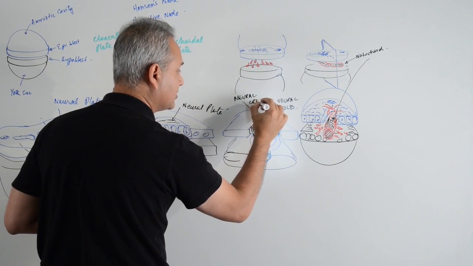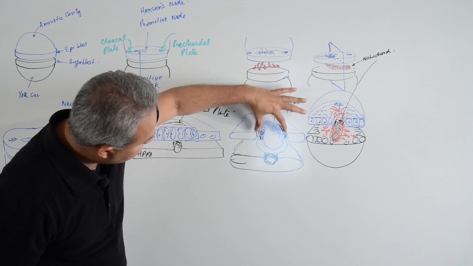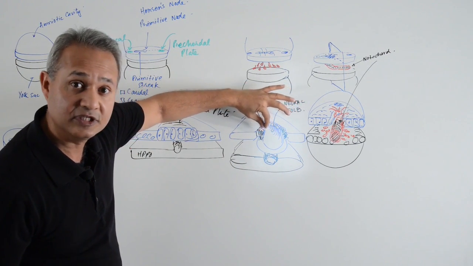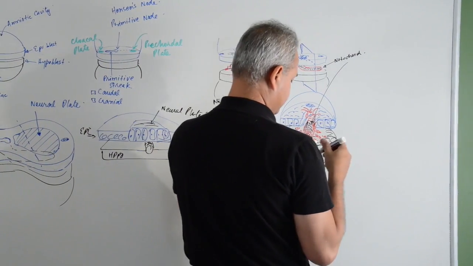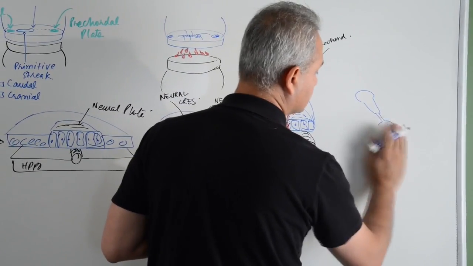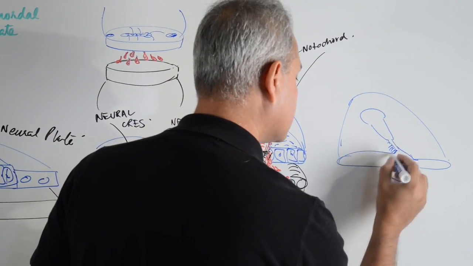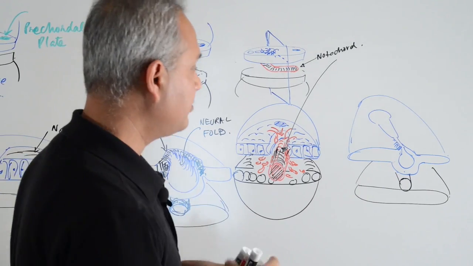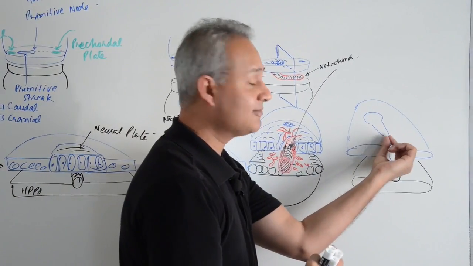Neural crest. Now, what will happen? Now, what will happen is that the lips of the fold or the crests, they would come together and they will fuse with each other. So, I am going to make that over here. Okay, so now what has happened is that these crests, they have come together and they have started fusing like